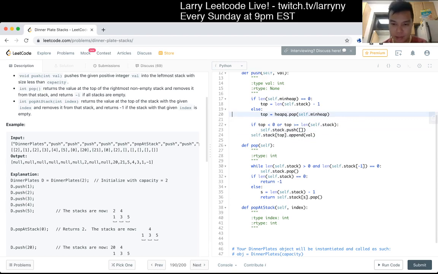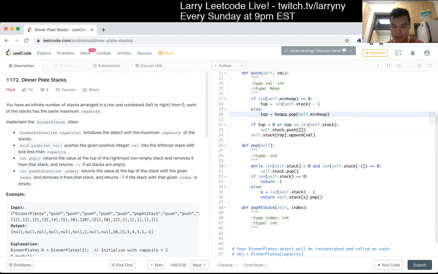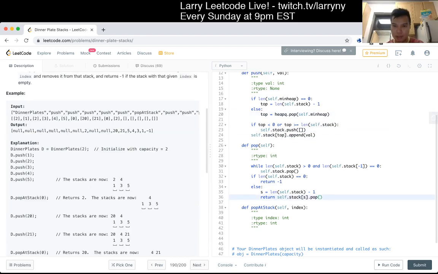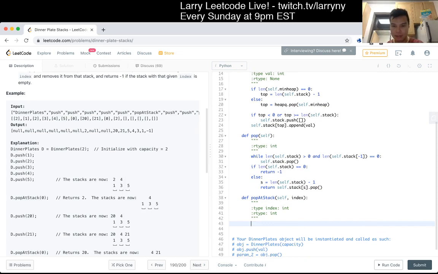I don't check for one thing. I don't check for capacity, so I need to do that too. On the push. Maybe the pop is okay. Okay, pop at stack. Well, if